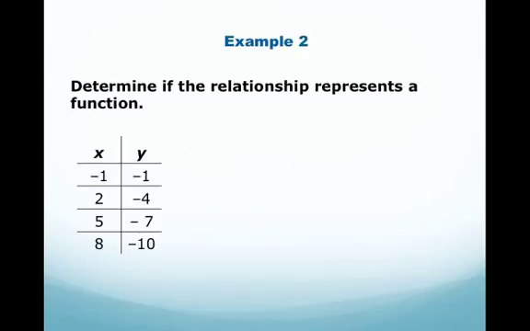Example 2. Determine if the relationship represents a function. For this one, we're checking the x's and making sure that each has the same y, because for every x, there can only be one y. So when we look at the table, we have -1 for our x, -1 for our y, 2 for our x, -4 for our y, 5 for our x, -7 for our y, and then 8 for our x, and